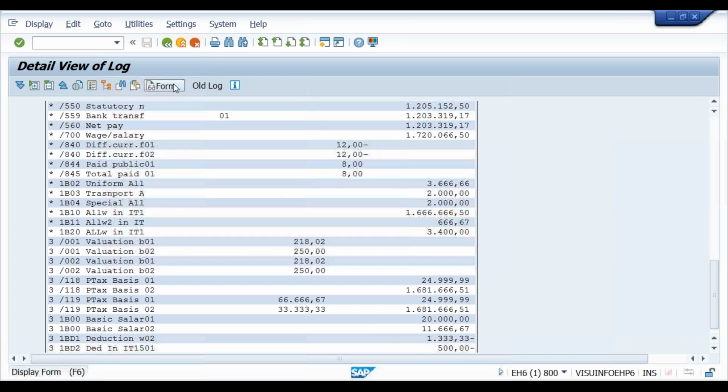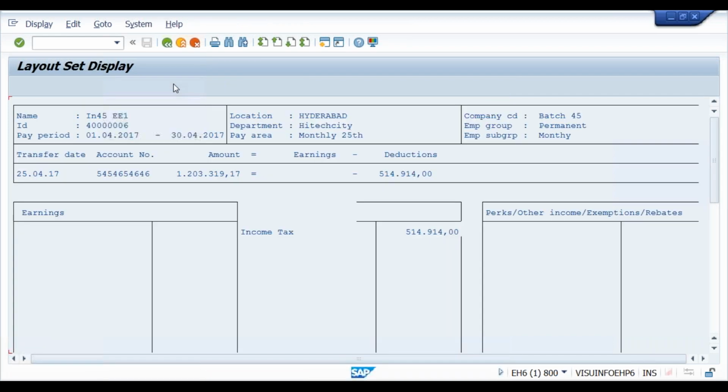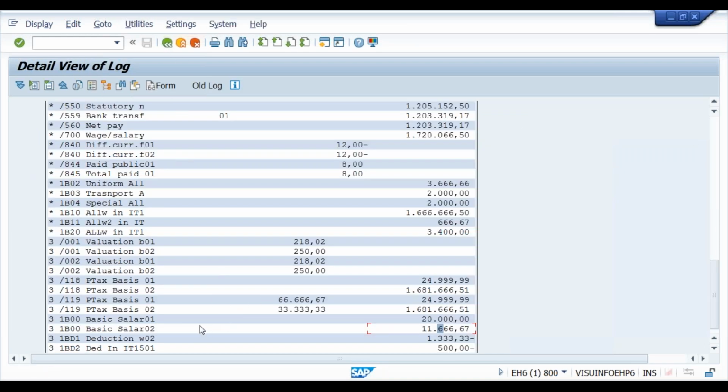But when I look at the payslip, in the payslip I can show it as a single amount. If I show it as two amounts for basic salary, the employee will be confused. Why do we have two basic salaries here? Clear? In the payslip we can club it; this is just for display purposes. But when you look at the RT table, in the final result we are also not adding the basic salary into a single entry. Clear?